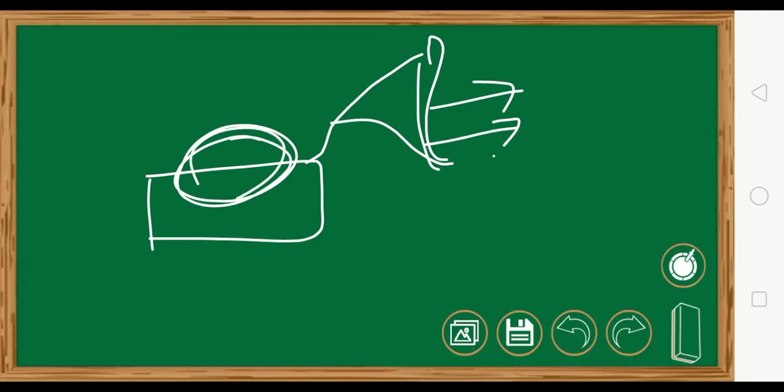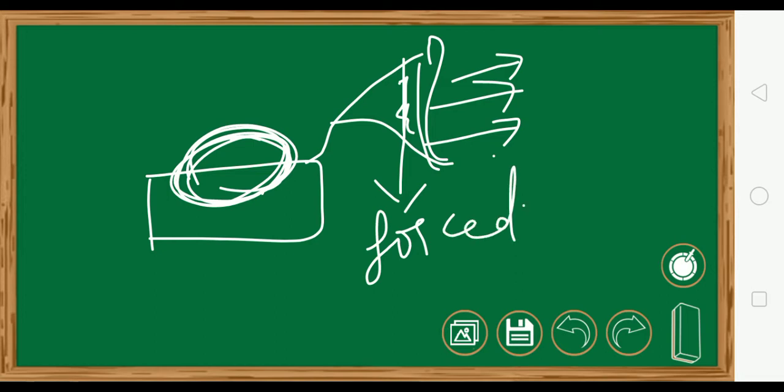So what happens? The record which is playing makes the diaphragm vibrate, and the diaphragm over here vibrates and you are able to hear the sound. So this vibration is a forced vibration caused by the record whichever is playing. This record is giving you the driving force to vibrate this diaphragm, and this diaphragm vibrates and you are able to hear the sound. So this is forced vibration.